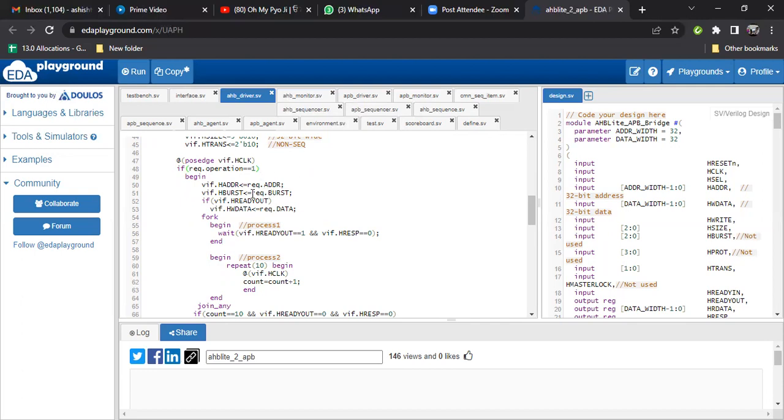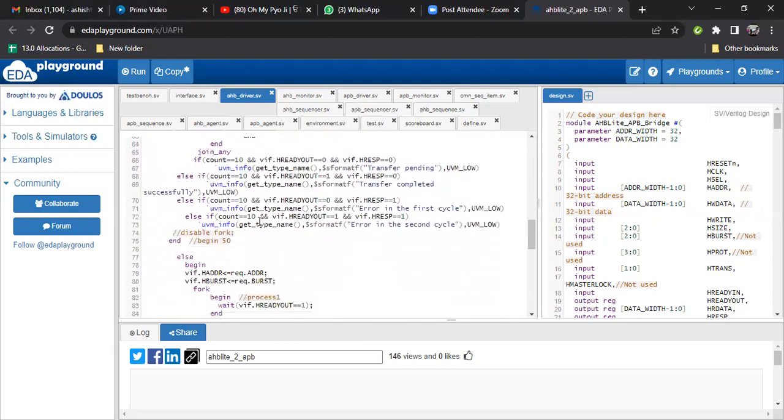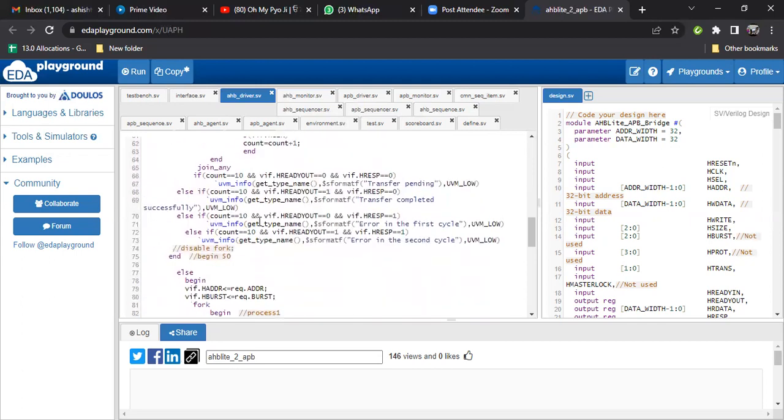In this case, whatever data you have through the sequence item from the driver will get transferred to the DUT through the interface. He is checking for the ready out signal. If it is also high, then the write operation will be performed, and whatever data you have will be sent to HWDATA. Okay. He has some logic to check whether my data is received in the DUT